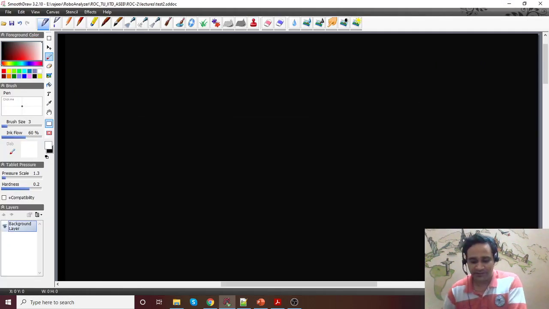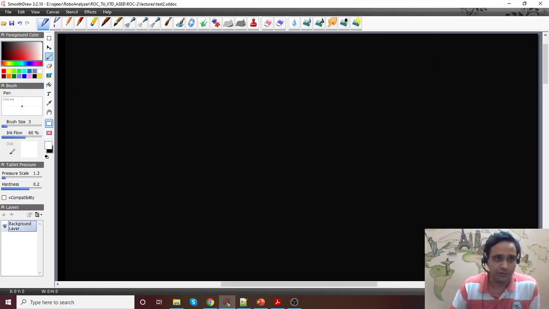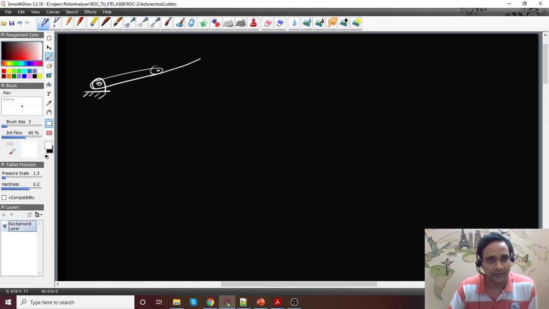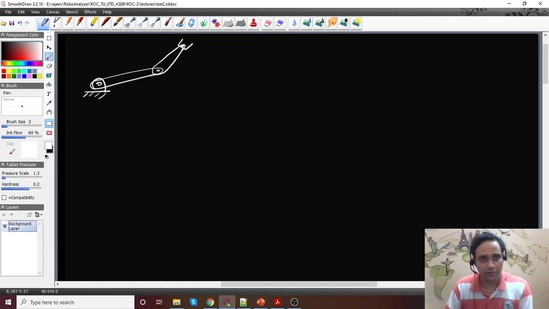Very briefly, let me just draw it and show you what exactly a 2R planar manipulator is. We have a grounded link, and there is one link like this, and similarly another link in this fashion. Towards the end we have some kind of gripper which can be used to hold an object or move something. This is link number 0, this is link number 1 and link number 2.